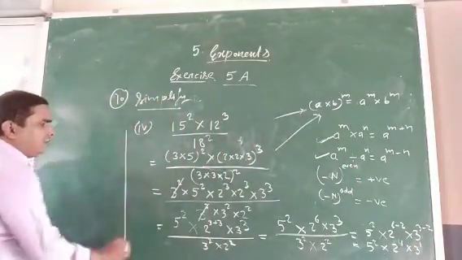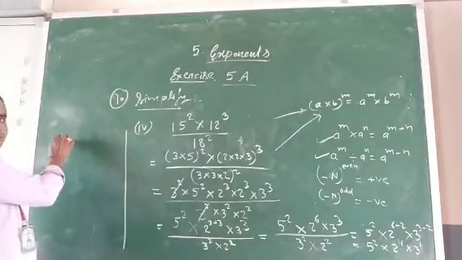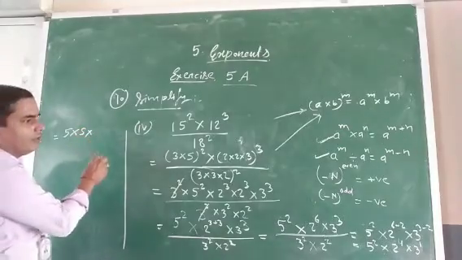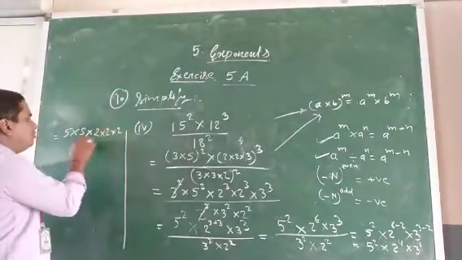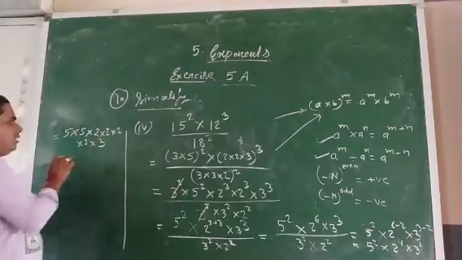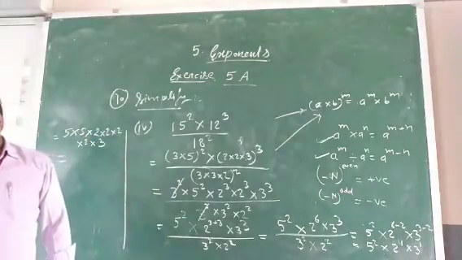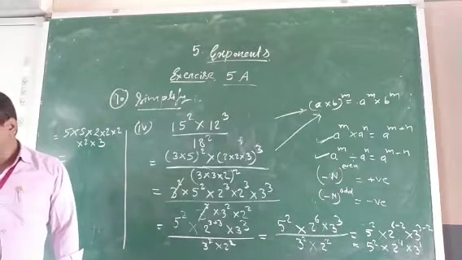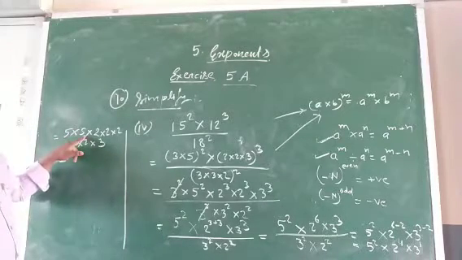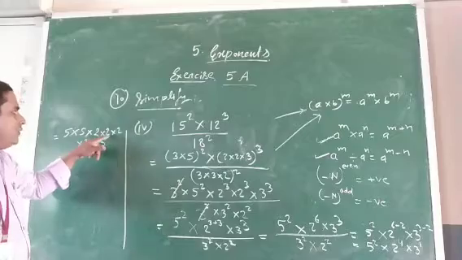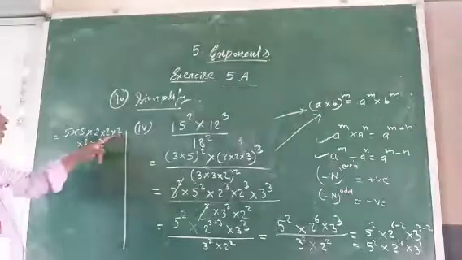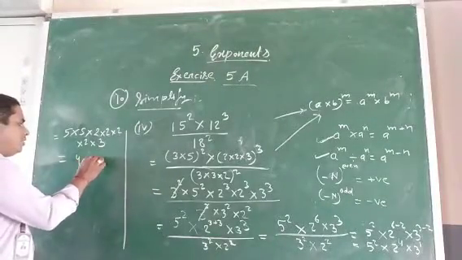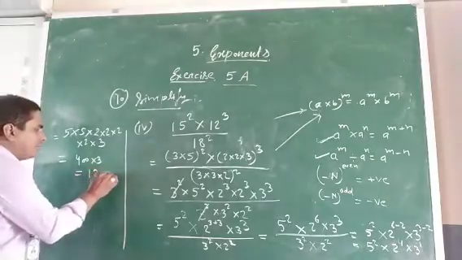Okay? Now here I am solving, there is no space. 5 into 5 into 2 to the power 4: 2 into 2 into 2 into 2, into 3. Multiply this. What will you get as the last answer? 5 5s are 25, 25 2s are 50, 50 2s are 100, 100 2s are 200, 200 2s are 400. Okay? 400 into 3 is equal to 1200.